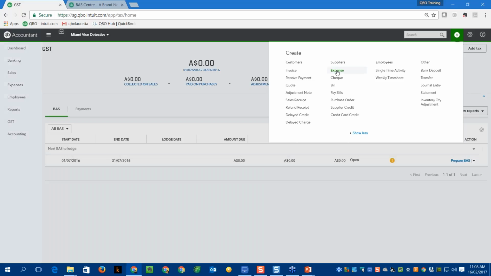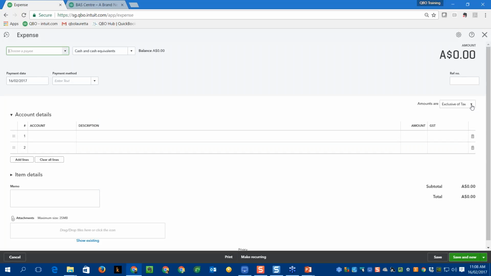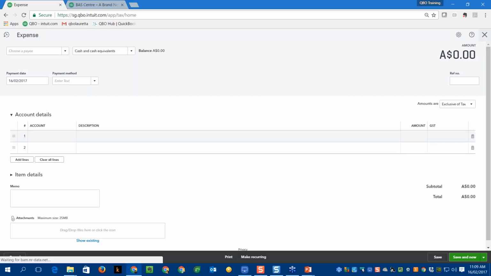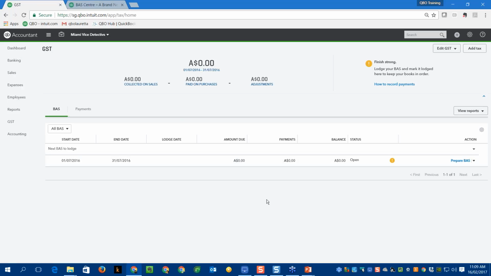So what I want to show you now, if I next go into my expense area, you can see I now have a GST code that I need to decide what to use. Okay, so that's why it's really important if your clients are not registered for GST or your business is not registered for GST, don't set up GST. And there you go, and that's what a brand new GST Centre looks like with no GST summary. Okay,